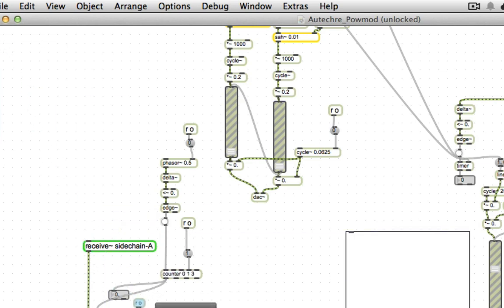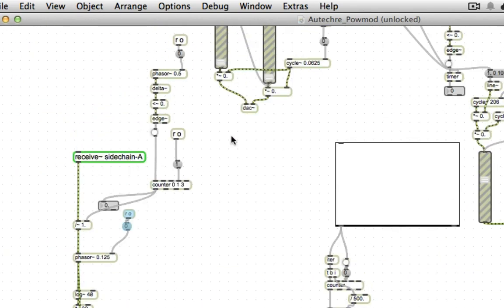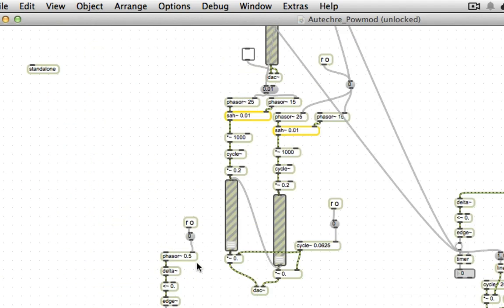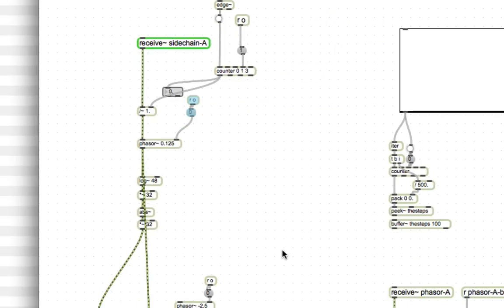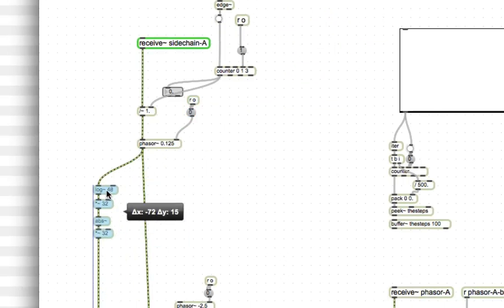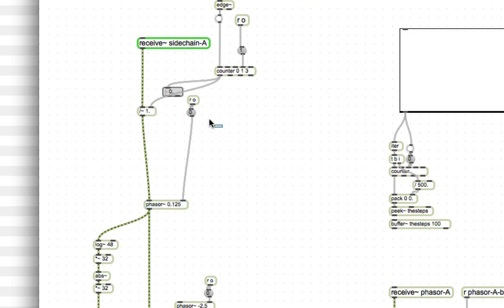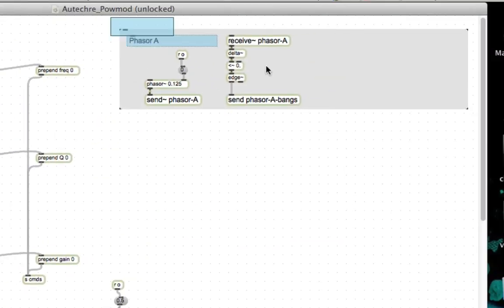So I think that's a reason why I might abstract this out and make a phasor B. Then when I make changes to phasor A, I could see that I was also going to be affecting phasor B. Whereas if phasor A is over here and phasor B lives all the way over here, it could be really super confusing as to whether or not there's a relationship between phasor A and phasor B, and whether we should try to preserve that as we mess with this patch. So I'm going to go ahead and do that. I'm going to make this phasor into phasor B. So we'll just take actually all this